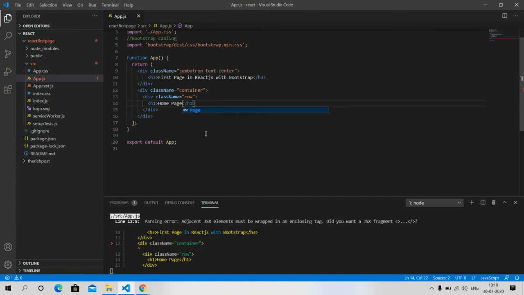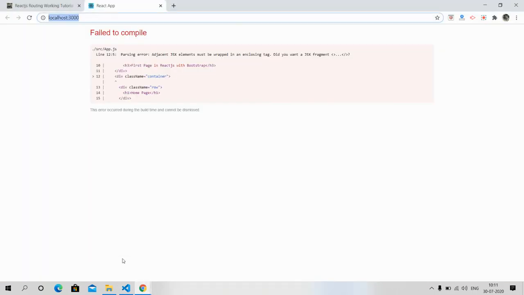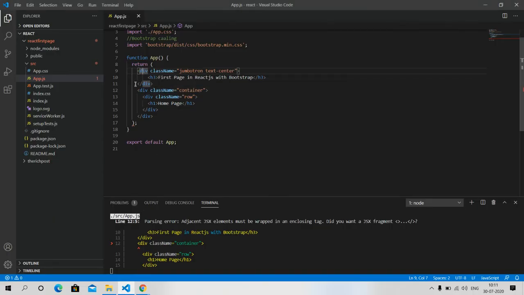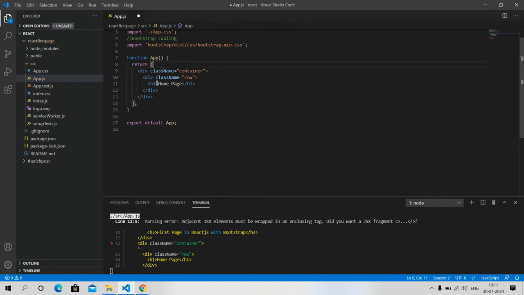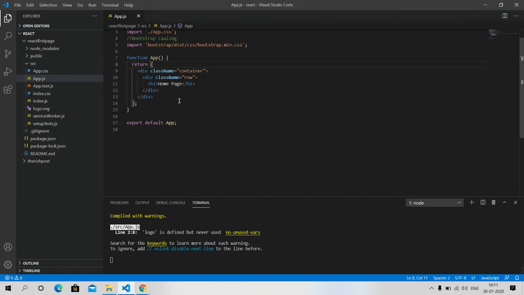Now you will see what will happen. So friends, see, our first page in Bootstrap, and see, Bootstrap is working fine in our React.js application.